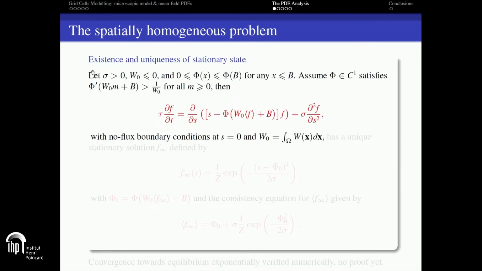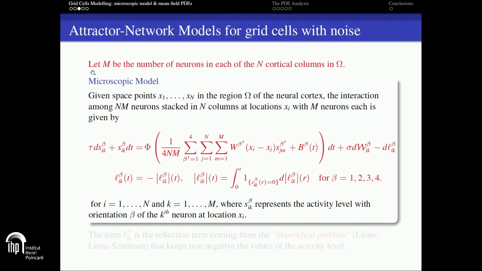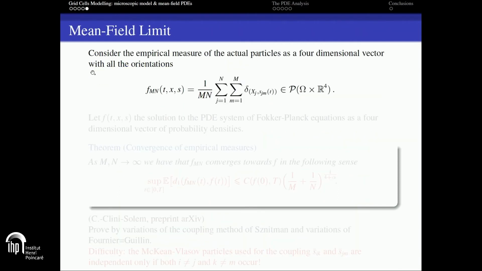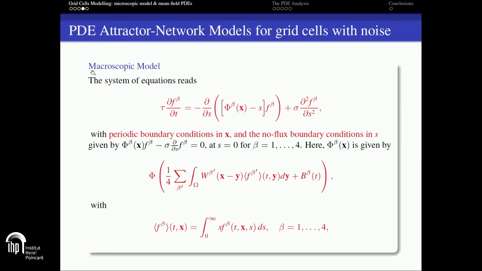Okay, so we have a PDE that is the rigorous limit now of this system. What can we learn about the PDE? First of all, probably I repeat again, this is the system I solved numerically in the first slide. I did that with finite volume methods, just plain finite volume methods. I don't enter into the discussion of the numerical method, but we use finite volume methods because this is very much related to